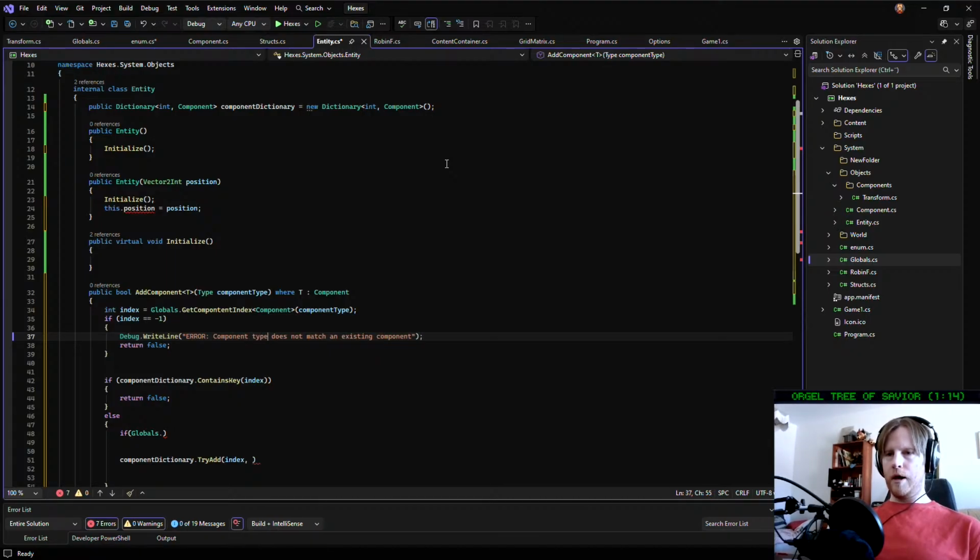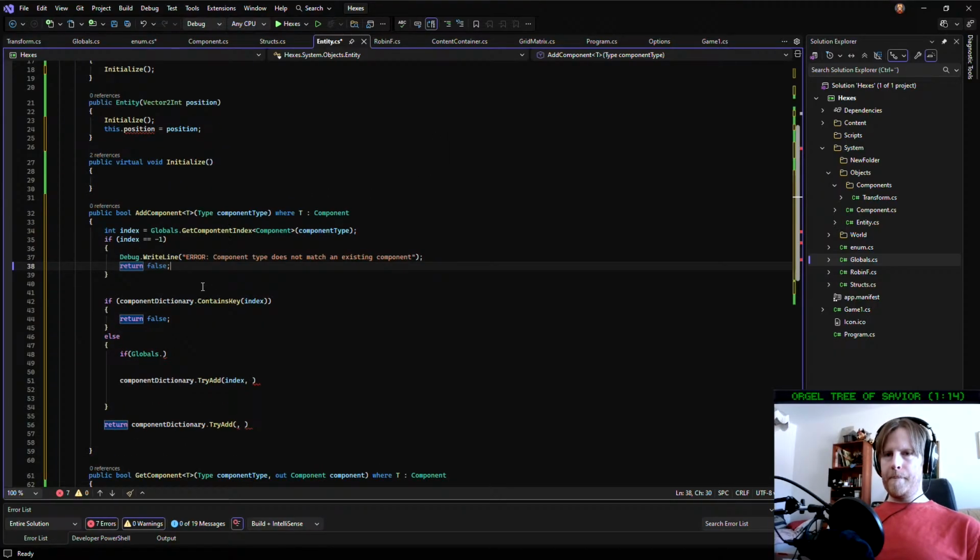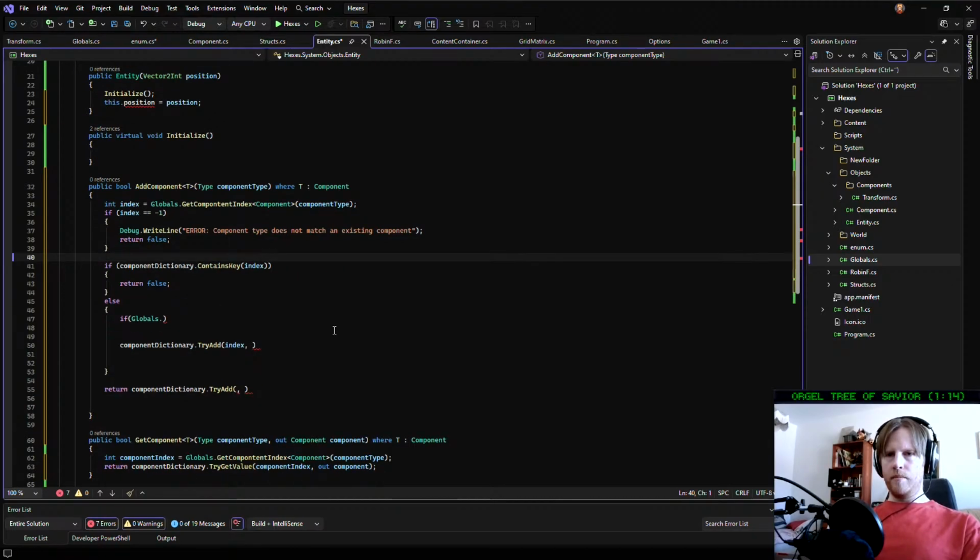Component type does not match an existing component. Maybe. Something like that. And then